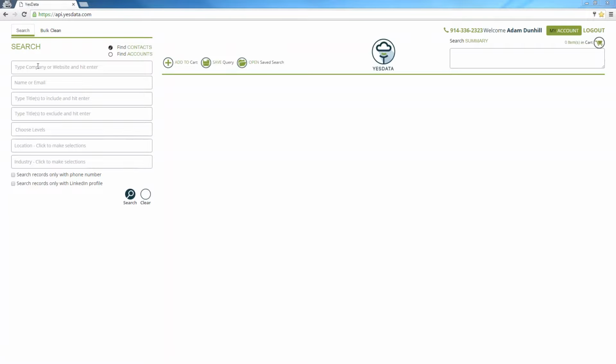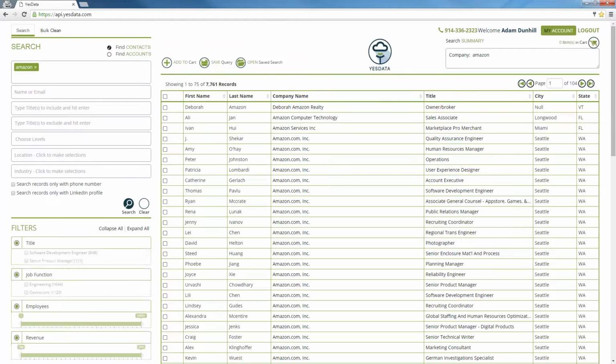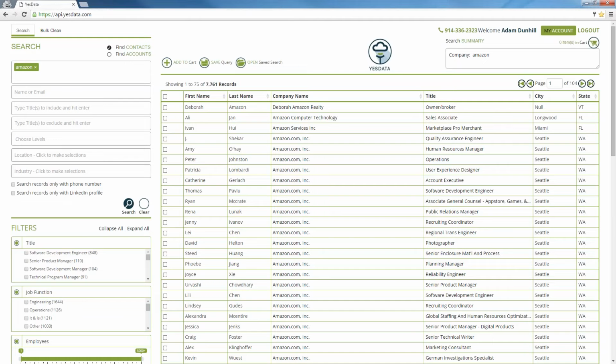The first search criteria that we offer is the ability to search by a company. So let's put in a company name. Type in the company name and then press enter. The value turns green and hit the search bar. 16.5 million records in our database, and Amazon records are records that have the word Amazon in their company pop